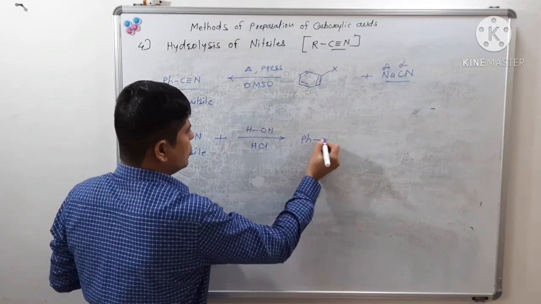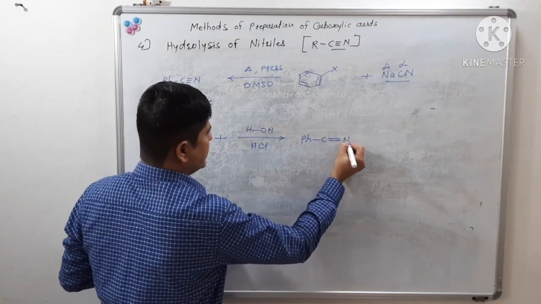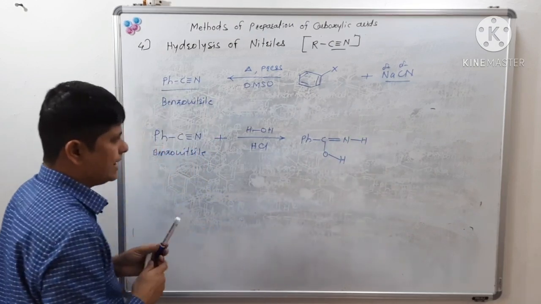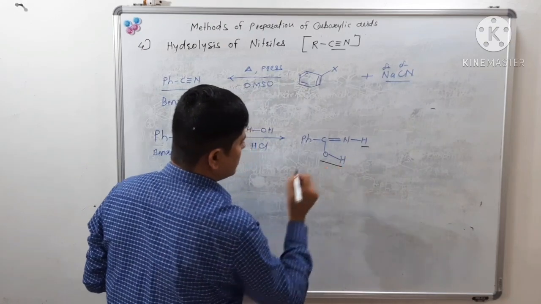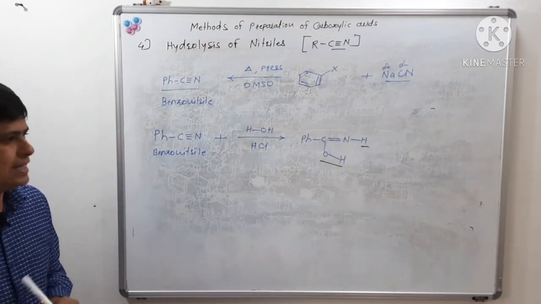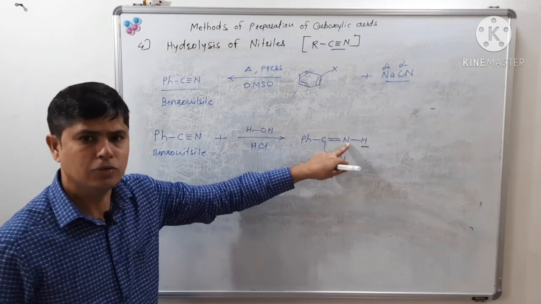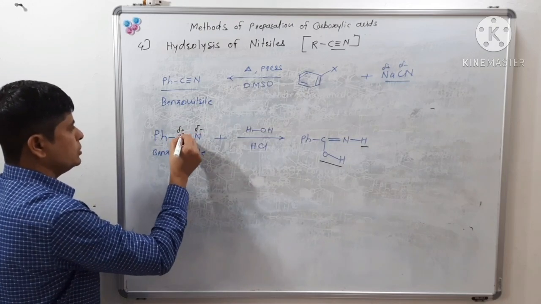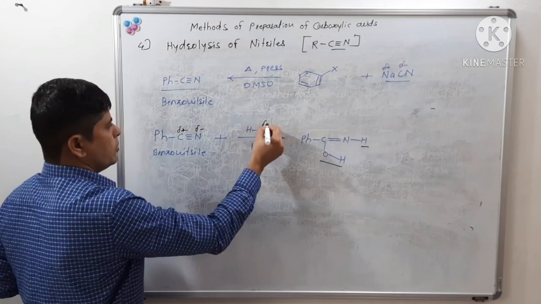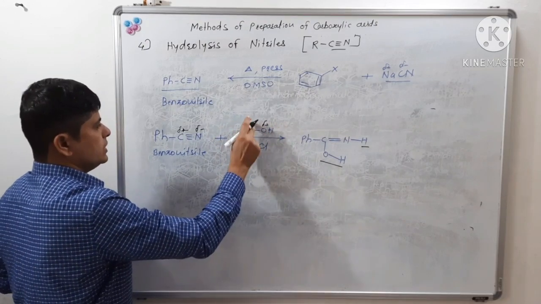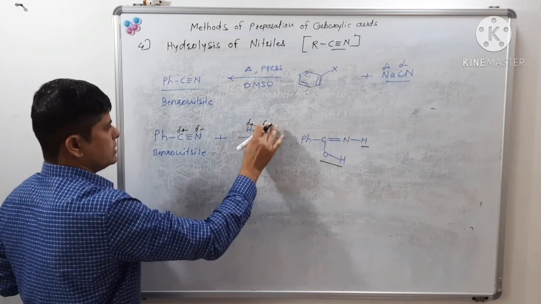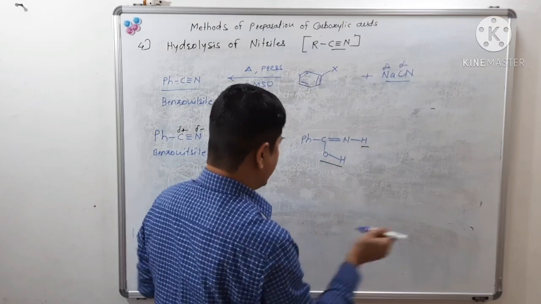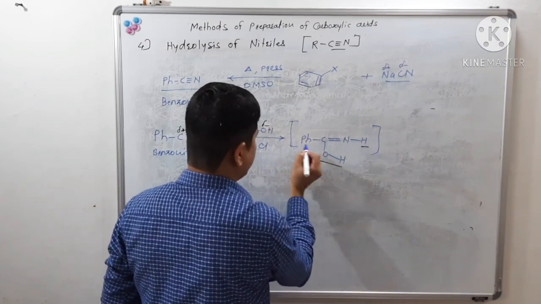So what will we get? We will get conversion of that triple bond into a double bond, and there will be addition of a water molecule. So hydrogen will get added over the nitrogen atom and the hydroxyl group will get added over the carbon atom. As hydrogen is delta positive, it will add to nitrogen which is delta negative here, and carbon is delta positive here. So delta positive is H plus, and delta negative is hydroxyl oxygen. In this way the addition of the water molecule will take place, and now there will